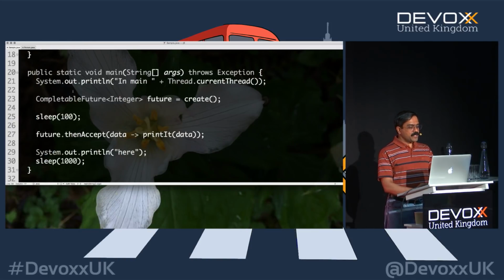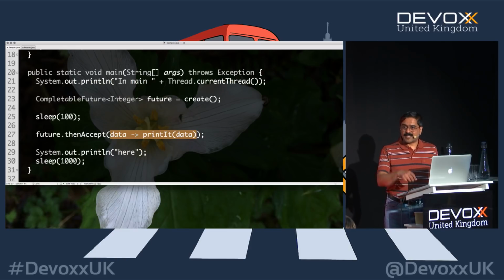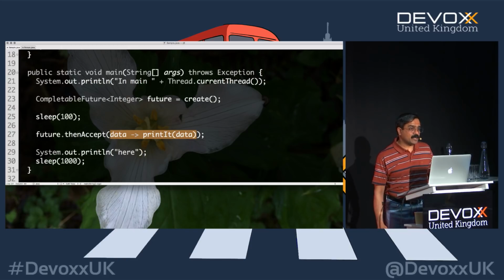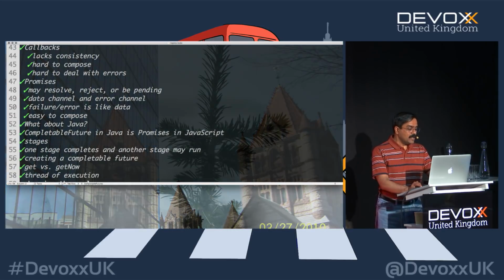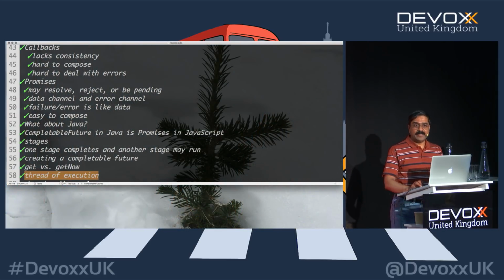So in other words, this code that you are calling right here in the thenAccept may run in the main thread if all the execution is already done by the time you get to that point, or it may run in a completely different thread if that execution is not done, and as a result you're non-blocking. So the point really is, you're not going to block on it and wait on it. You're just going to continue and keep processing it depending on the state of the CompletableFuture at that particular time. And that's exactly what we just saw here, how the thread of execution actually differs.